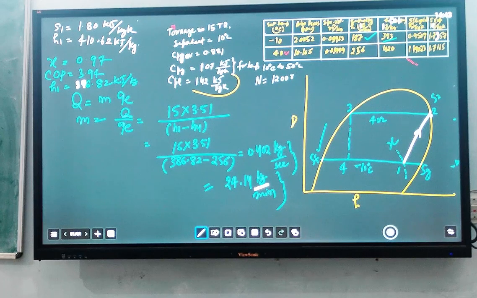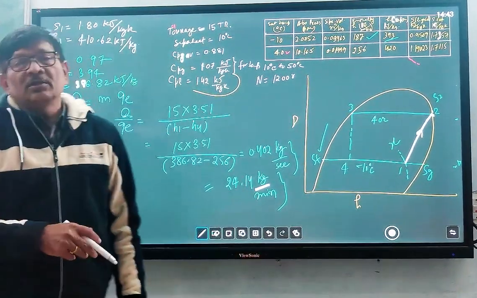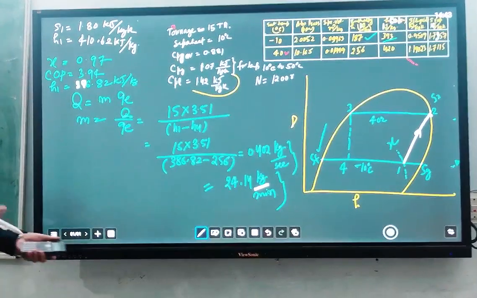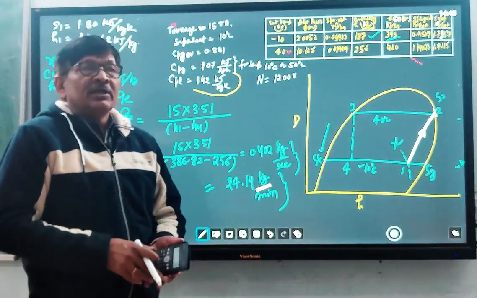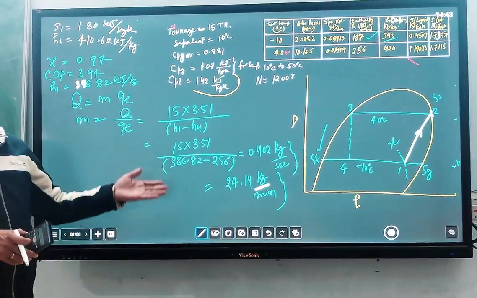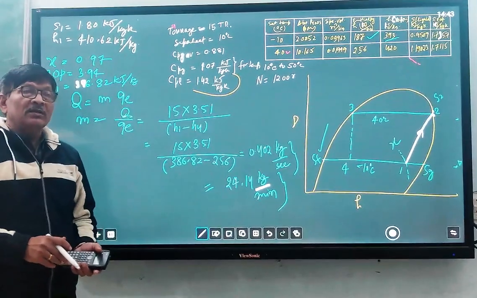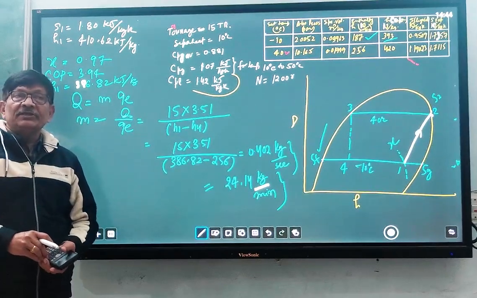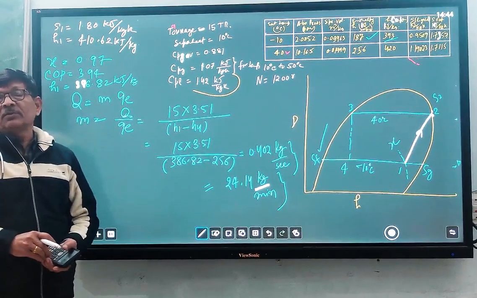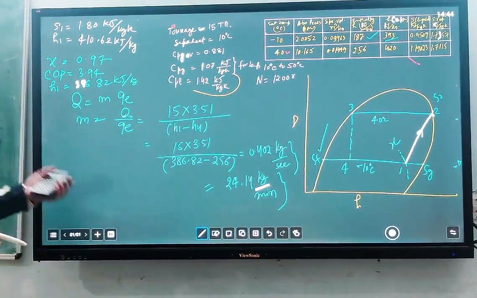I think that is sufficient for you to understand how to solve this kind of problem. If you combine the first question, the theoretical explanation that we discussed yesterday, and the question before that, we have solved all three things. If you join them together, you will be able to solve any kind of question based on the single stage or two pressure system, two temperature system, because I have tried to combine all things in one question.